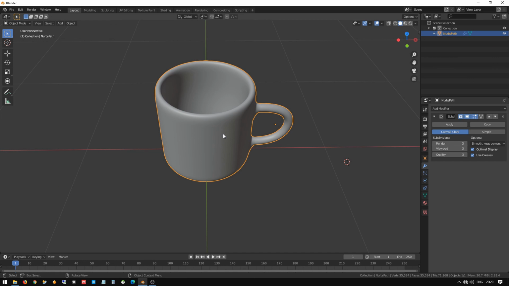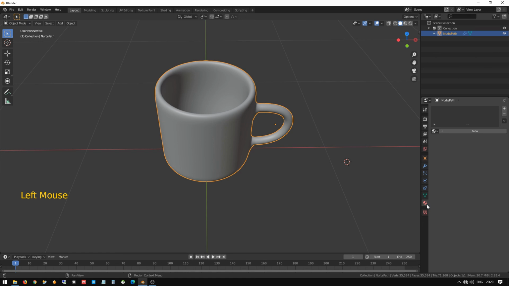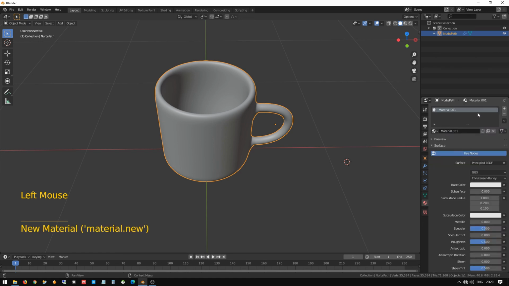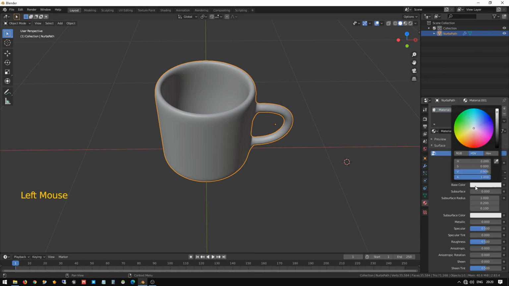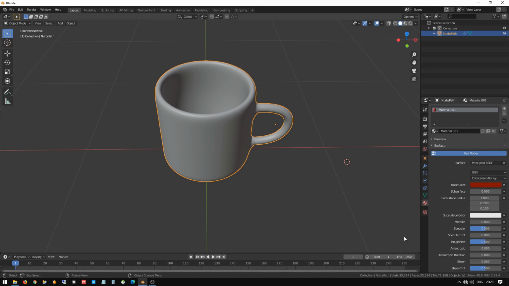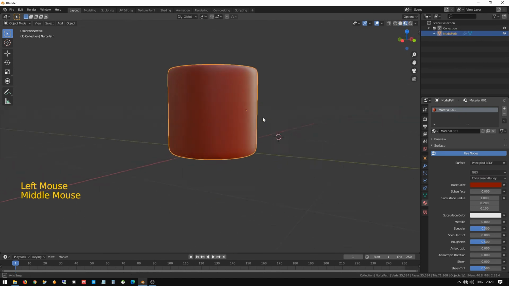Now I'm going to add coloring to it. So I go to the material tab. Here you can see one icon, click that and create a new material. Let it be the same, nothing else. Here you can see the base color is a little gray. I'm going to make it a little bit darker, with a little bit of red color, so it looks cool. Please change to render view mode.